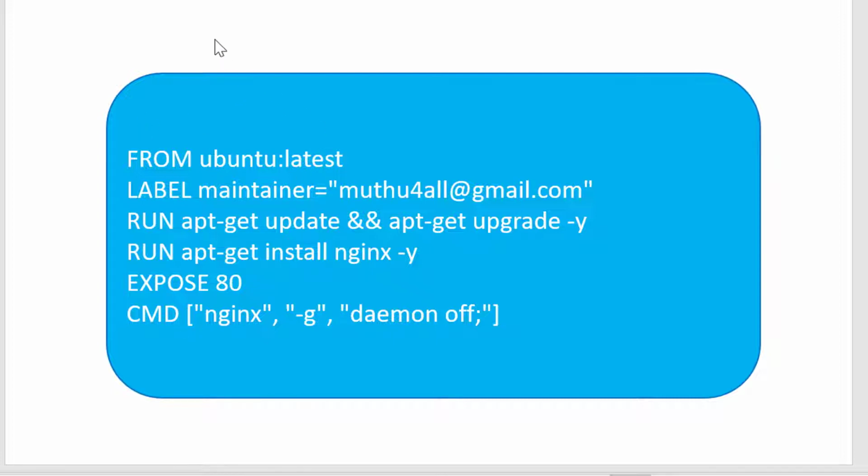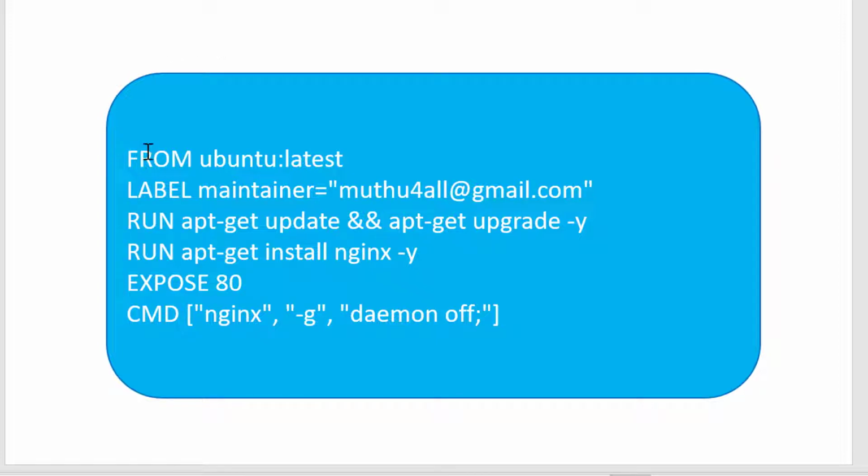For example, if you look at this particular Docker file, it has a set of instructions. The first instruction is FROM ubuntu:latest. It's very intuitive. So I'm going to use the Ubuntu latest image, and from there, I'm going to start. And I'm adding a label, who is the maintainer, and what are all the commands to get executed. That is update, upgrade, and it is going to install the Nginx web server. And I'm requesting the container that's going to get started with this specific image to expose port 80, and it is going to execute the command and run Nginx, making it available globally.